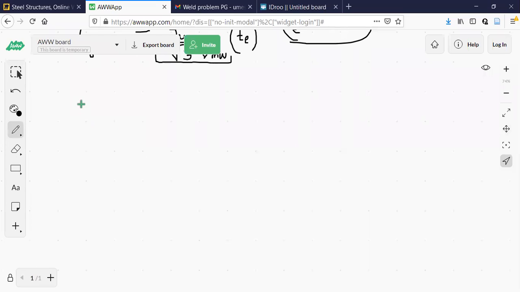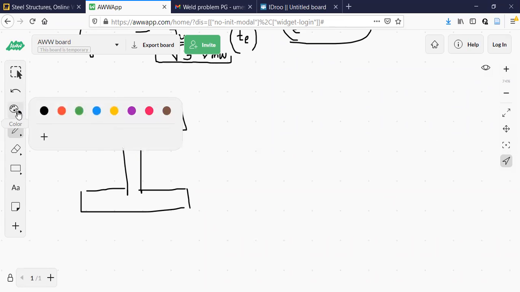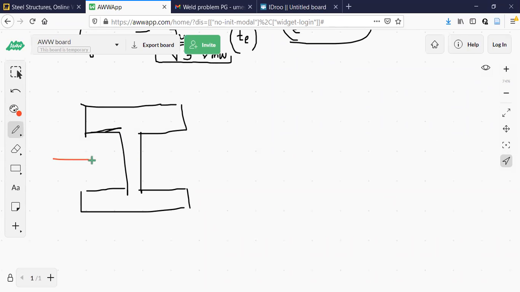For example, here, let us say this is the I section. If I ask you to show me the nature of shear stress distribution, are you able to show it? This side I should show how the shear stress varies across the cross section. That has to be shown. For example, if you tell me how the bending moment distribution takes place if it is a simply supported beam, how do you draw this figure? One is compression zone, one more is tension zone.